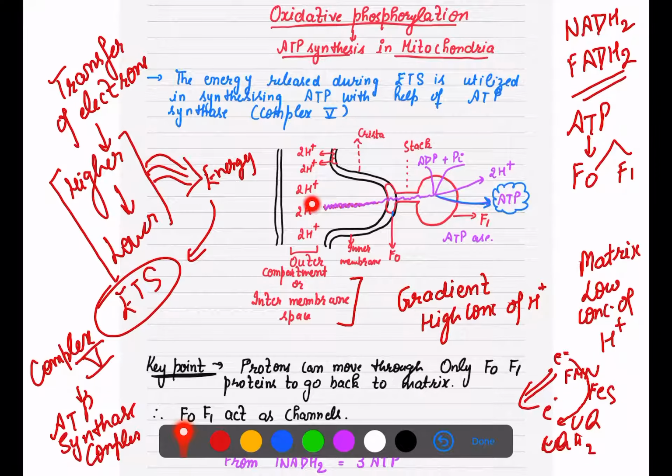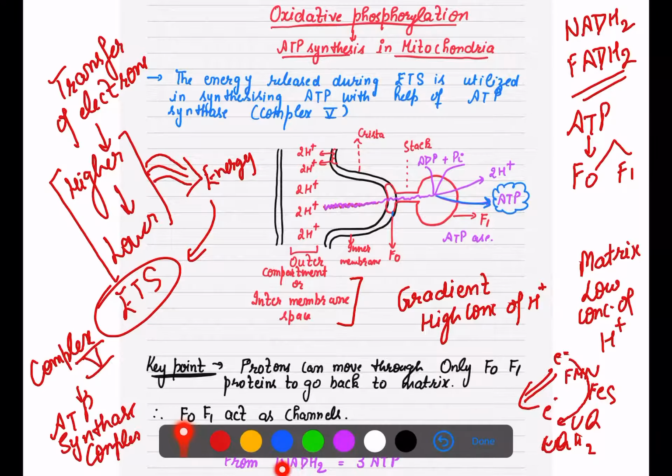Now it means when they have to go back, every time they have to return, they have to move through F0 and F1. So with one pair of protons moving, one ATP will synthesize. The second will move, the second ATP will synthesize. The third pair will move, then the third ATP will be synthesized, right? So in this way, ATP molecules are synthesized from the